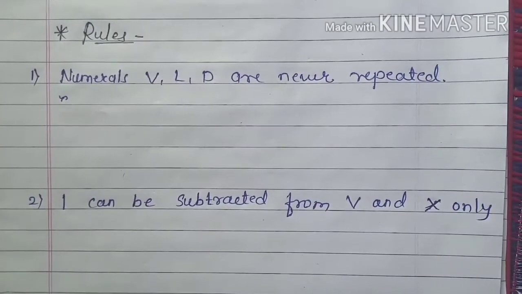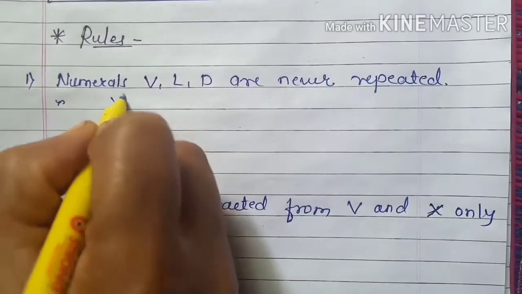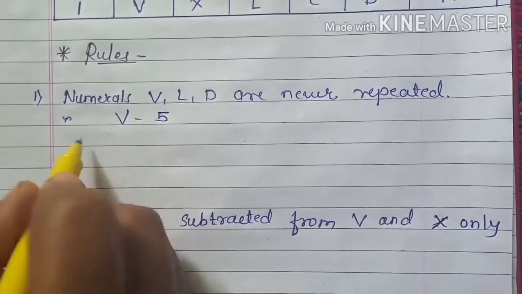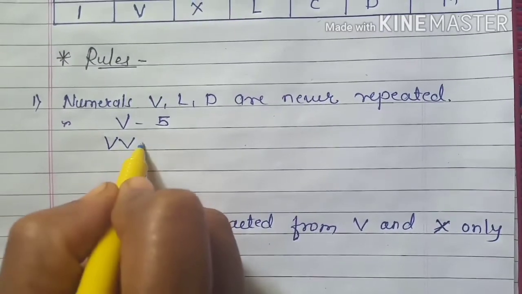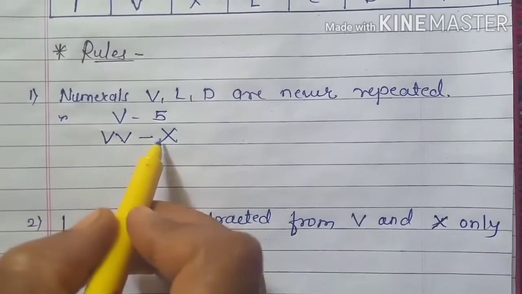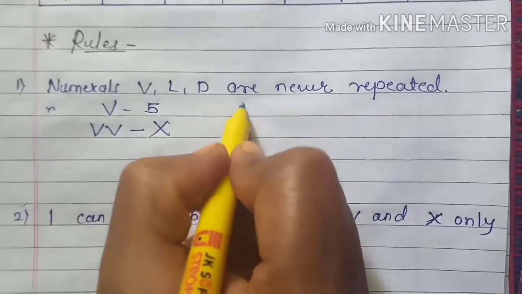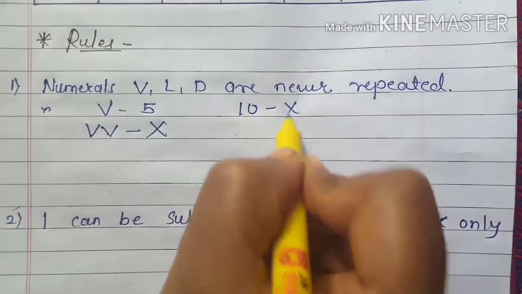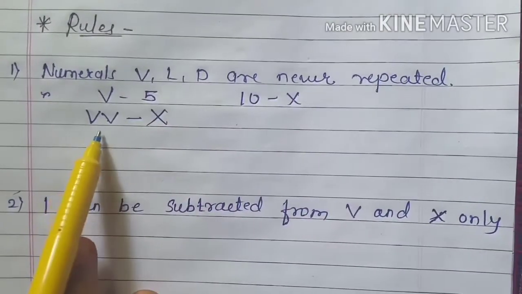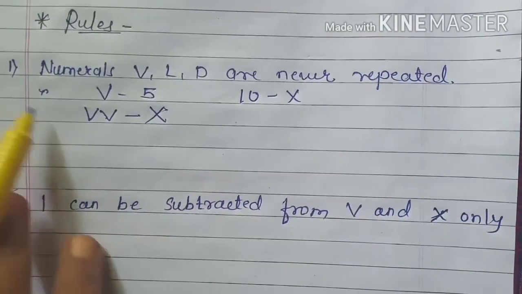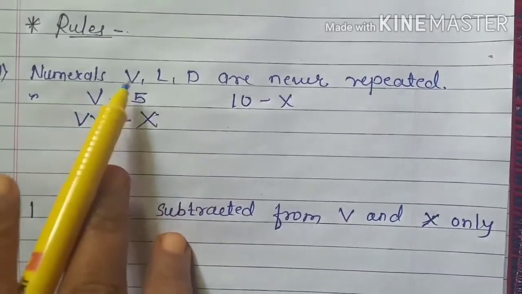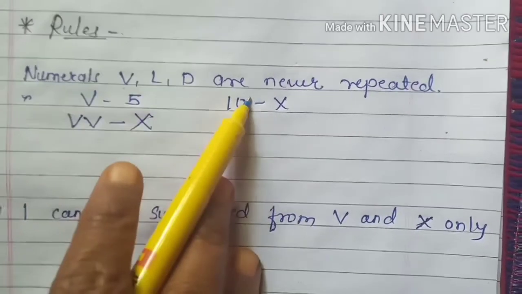Here, this capital V means 5. It is not repeated because if we want to write 10 and we write 5 two times, 5 plus 5 is 10, but it is wrong, because for 10 there is already a letter, that is X. So to write 10, we must write X only. We can't write V 2 times, it is wrong. So the letters V, L and D are never repeated.